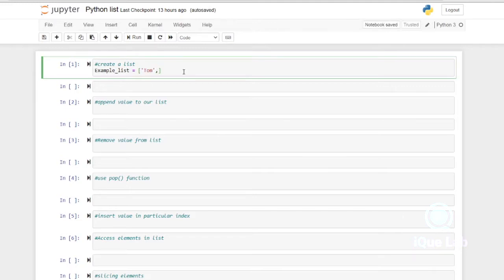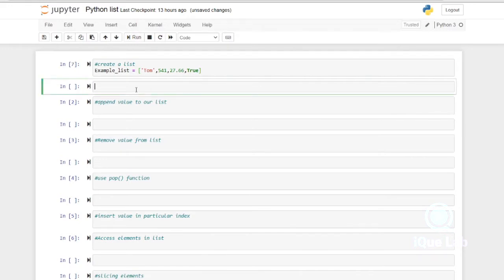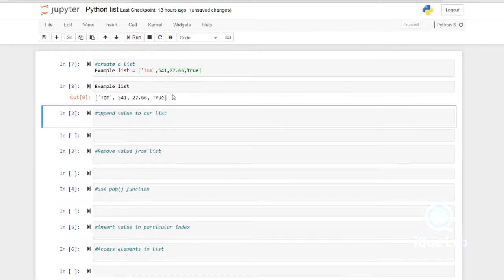Let's create 4 elements with different data types. Let's view the list contents. So in Jupyter Notebook you can either use the print command, or you can run the list variable directly to see the elements in the list. Here you can see the output, which is enclosed in square brackets.